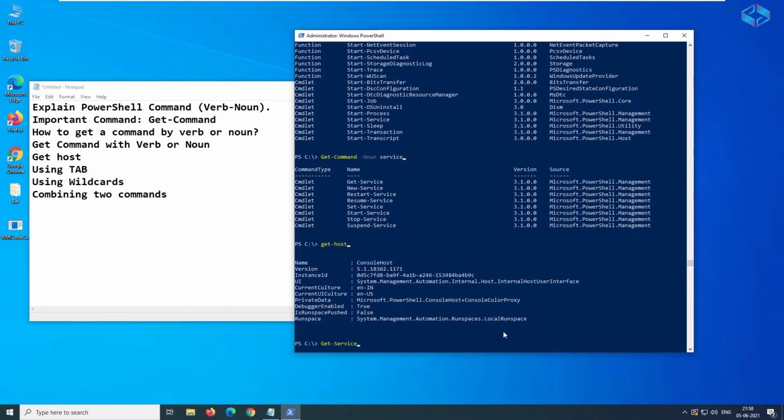And then Get-Service. So you know this is a PowerShell command, and how we can work with this particular command. We have seen previously that there are multiple parameters available in each command. So how can we get the parameter details? We don't know exactly what parameters are available for this particular command. So after the command, just give a hyphen, and then press the Tab button. Keep pressing the Tab button, and it will display all the available parameters.